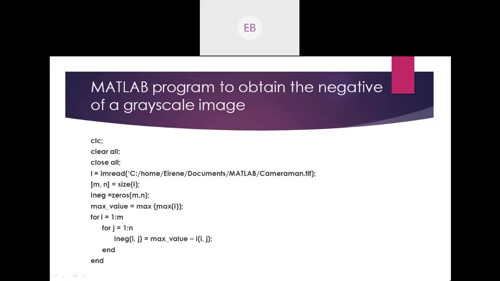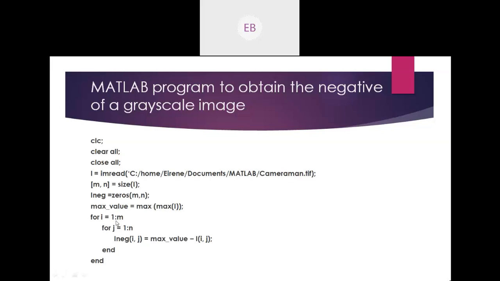But I'm interested only in the value of the highest valued pixel and not the position, and that's why I'm using max twice.